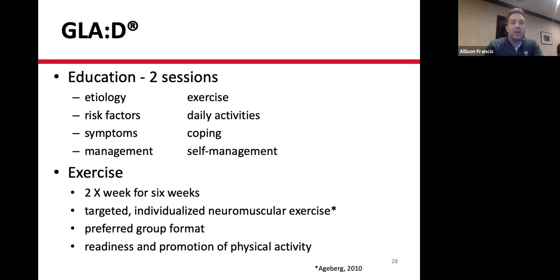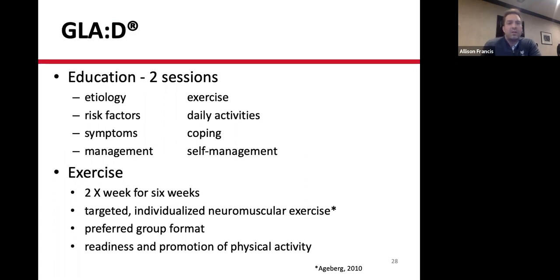Okay. And then so how this program is set up is, again, you have 2 education sessions. We know in physiotherapy, not just in hip and knee arthritis, but in anyone that we ever see coming into the clinic, understanding what's going on with your particular injury and how to manage it is important. It's important for compliance, and it's important for